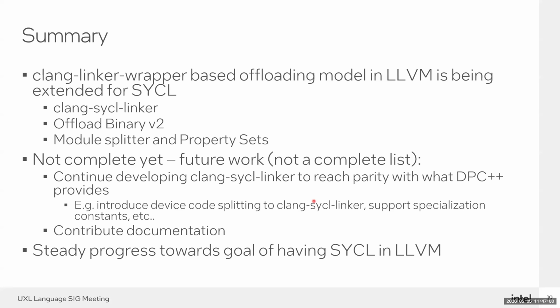Then it puts it into property sets specific for specialization constants, and then it's packed into a fat binary, and then the SYCL runtime, when it reads a fat binary, also reads metadata, including property sets, and if it sees a property set related to specialization constants, it knows how to extract it and pass it into